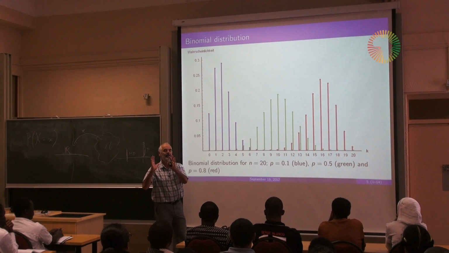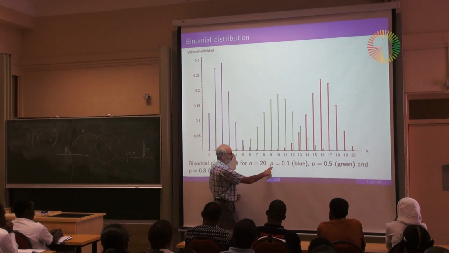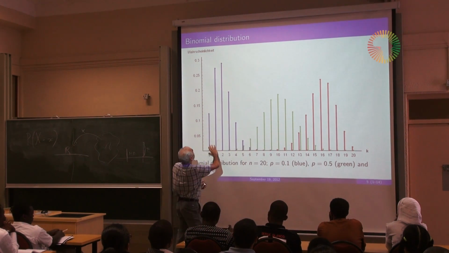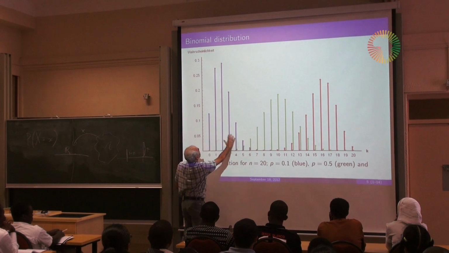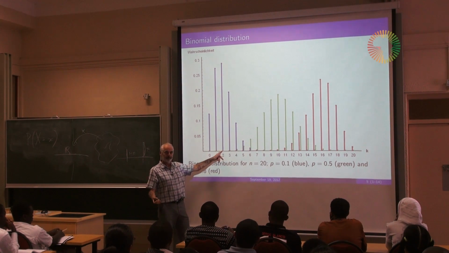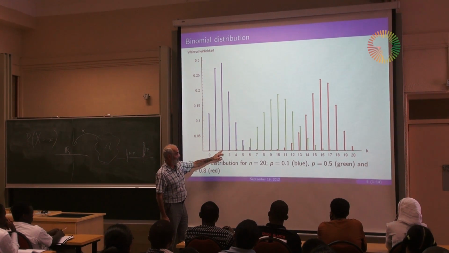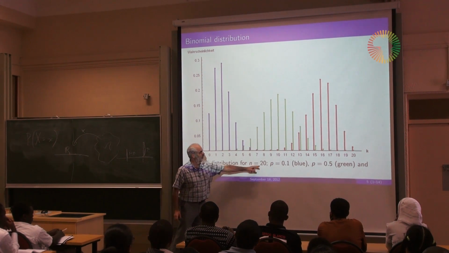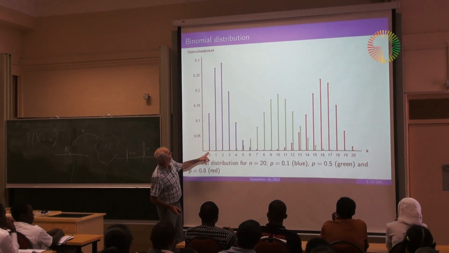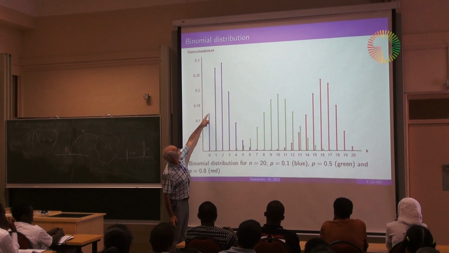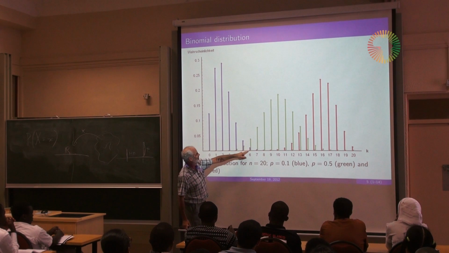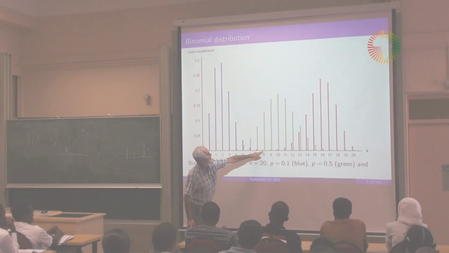So if we do 20 experiments, and the chance of each one succeeding is 0.1, 10%, this is the distribution of the possible results. The most likely one is to get 2 successes. You'd expect that. That's also the expectation, the average, because each of these has a 1 in 10 chance of succeeding. But we could get none at all. It looks like about a 12% chance of none at all. 1 is almost as likely as 2, and 6 and 7 get very unlikely indeed.